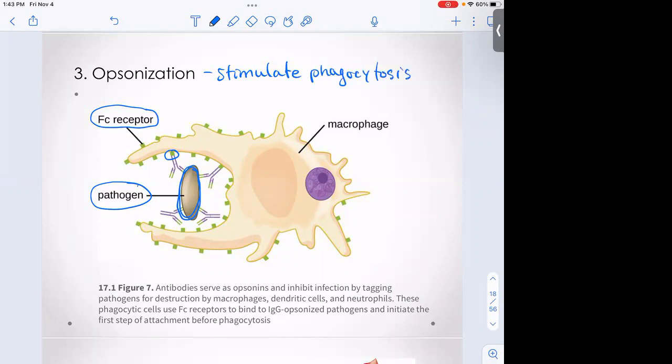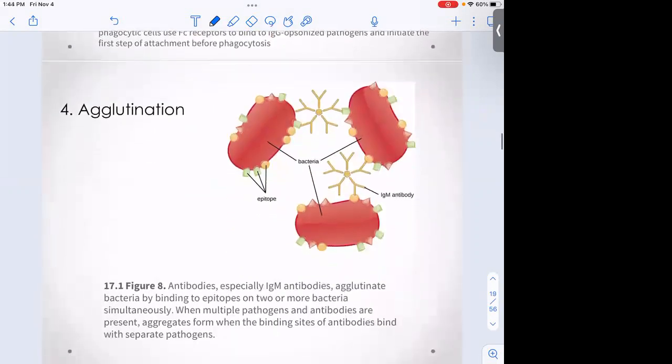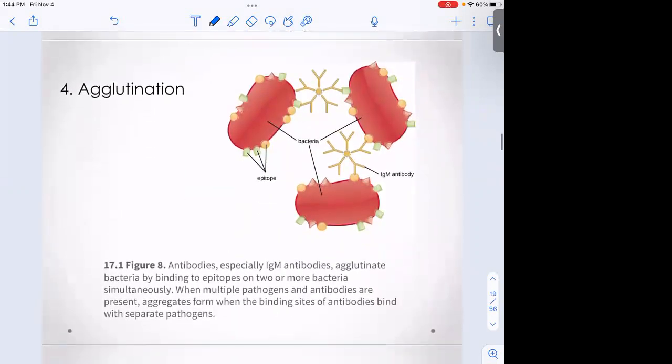Okay, even if that pathogen is coated in a capsule or something like that. It helps the pathogen adhere. A 4th function I alluded to already, agglutination. That makes the antigen stick together. So the immune system is much more likely to notice a big clump of antigen, and that can get